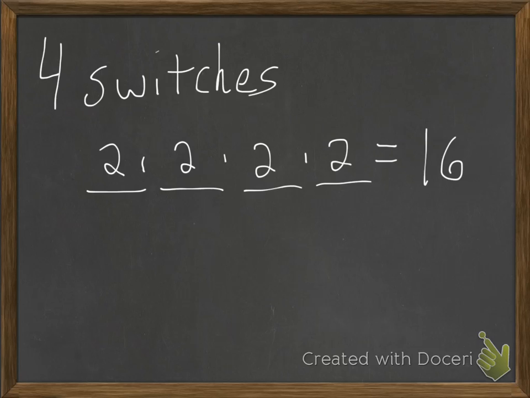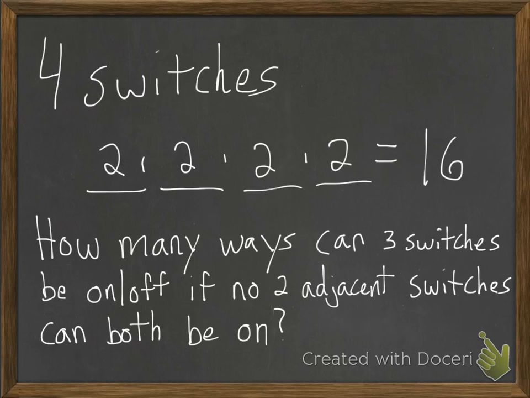We're now going to take this idea of light switches and modify it. So we add a new question here. How many ways can 3 switches be on or off if no 2 adjacent switches, meaning switches that are next to each other, can both be on? Well, now with this new restriction, which I'm going to label restriction star,